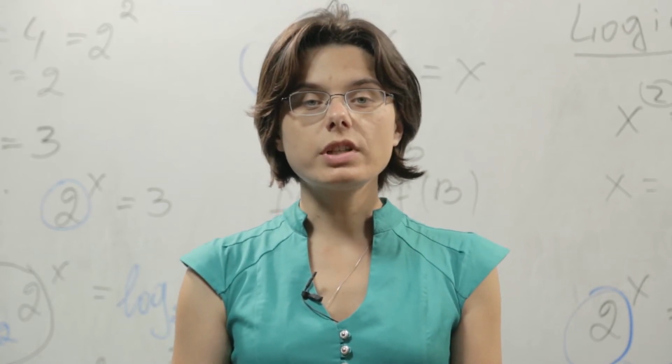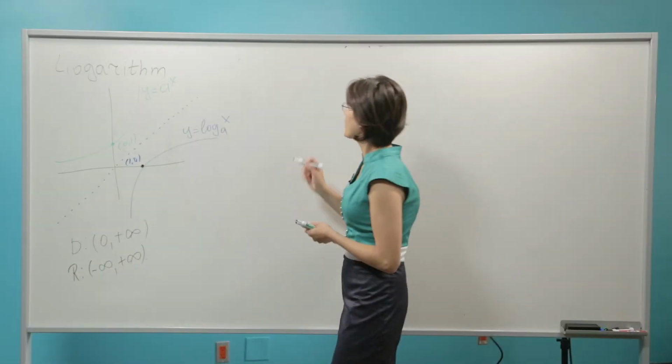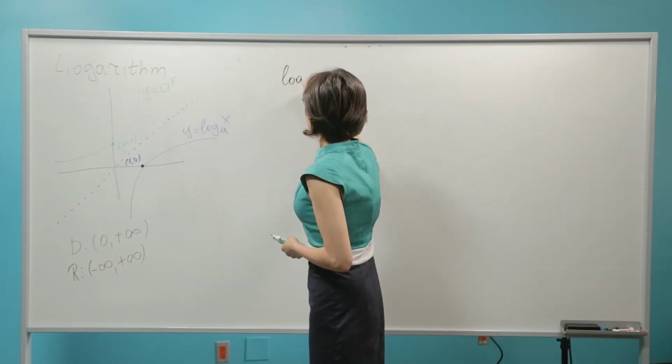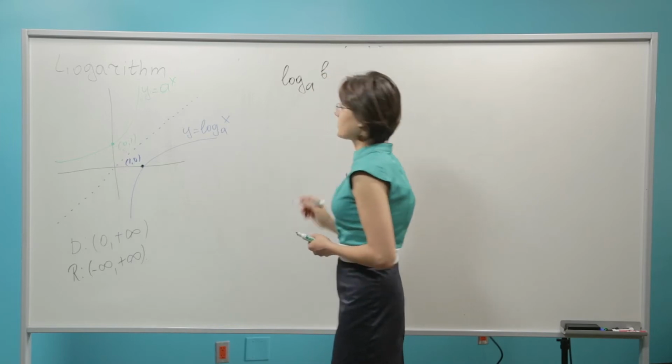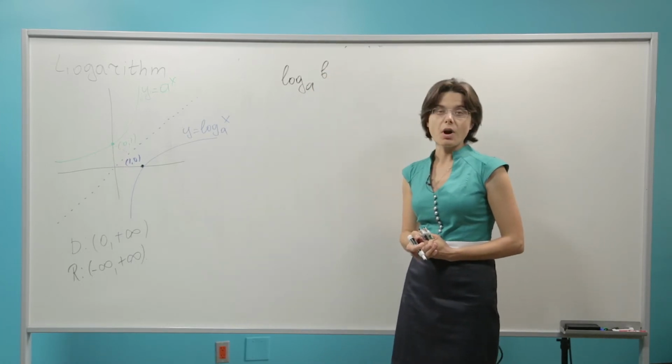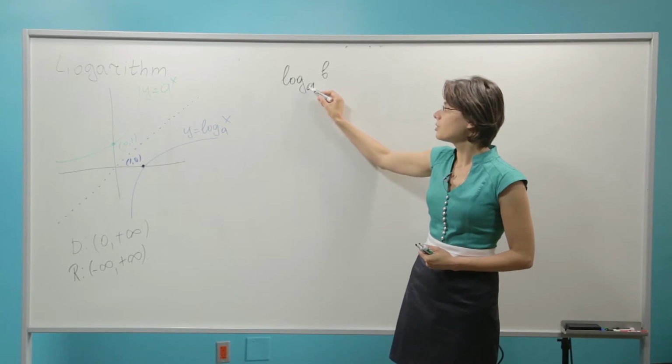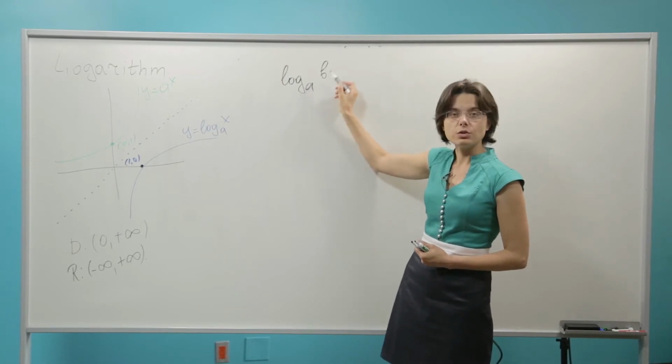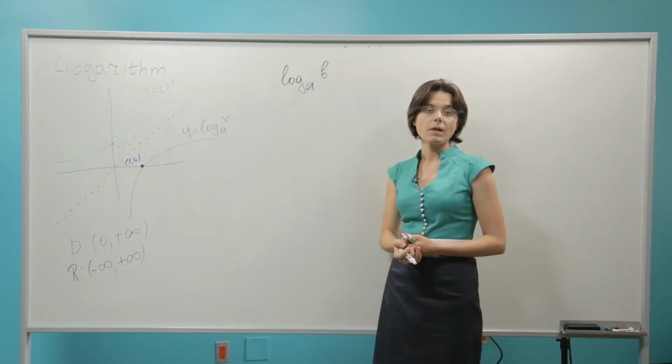Let us think about logarithm as a number first. Logarithm of b with base a. So again, logarithm is at which power I have to raise number a in order to get b. For example,